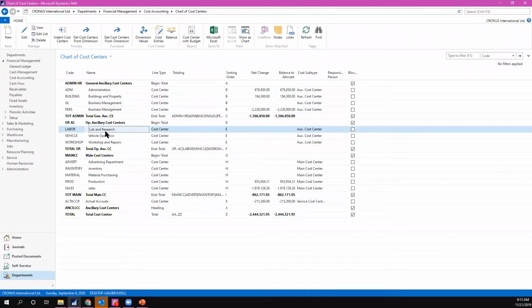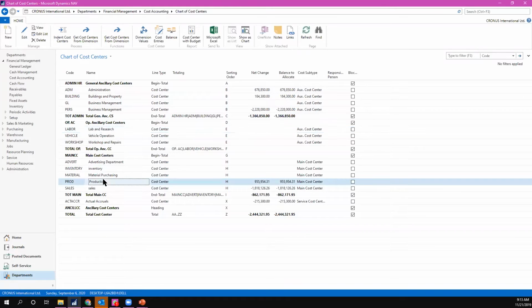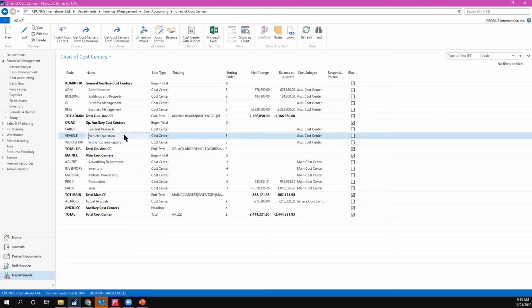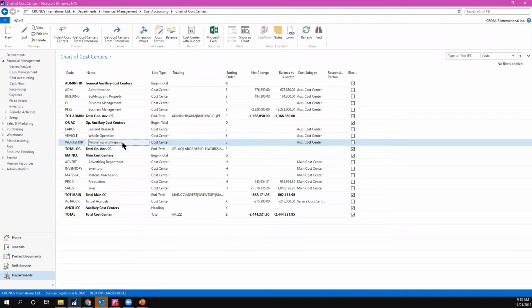For instance, once I have posted some expenditures, then I need to understand in which of my different teams I have people working. For instance, for the vehicle operation, I have a cost center. For the workshop and repairs, normally all of these expenses are posted into one GL account. But now I also would like to separate it into labor, vehicle, and workshop